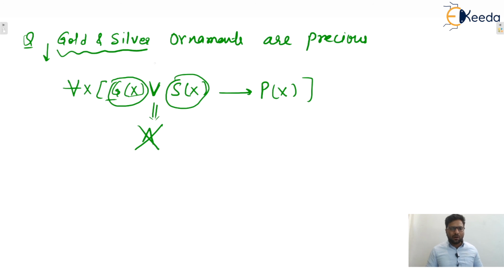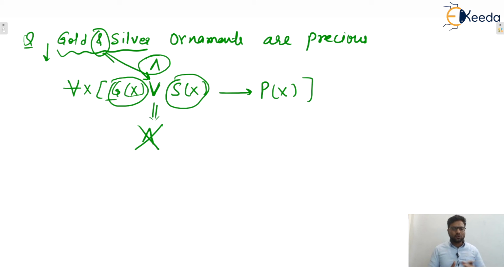And if you put a logical and, then the meaning becomes different. Then the meaning is x is together gold as well as silver. That is not possible. Any ornament together cannot be gold as well as silver. That is the point. So be careful whenever and is written here. So here there will be or, isn't it? So that will be the correct logical statement for the given statement. I hope this one is clear to everyone.